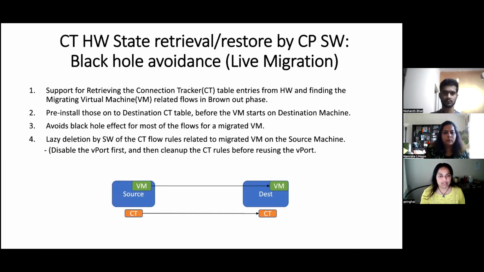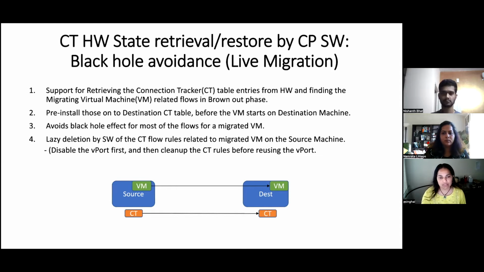This basically says that even though we define this whole thing for a given target, we have to also keep in mind that the connection tracking that happens for a virtual machine, the virtual machine can be migrated. So you have to have the ability from your P4 runtime folks to be able to retrieve all the flows that hardware added, to be able to transmit to the destination just in time, so that you avoid something called the black hole effect,